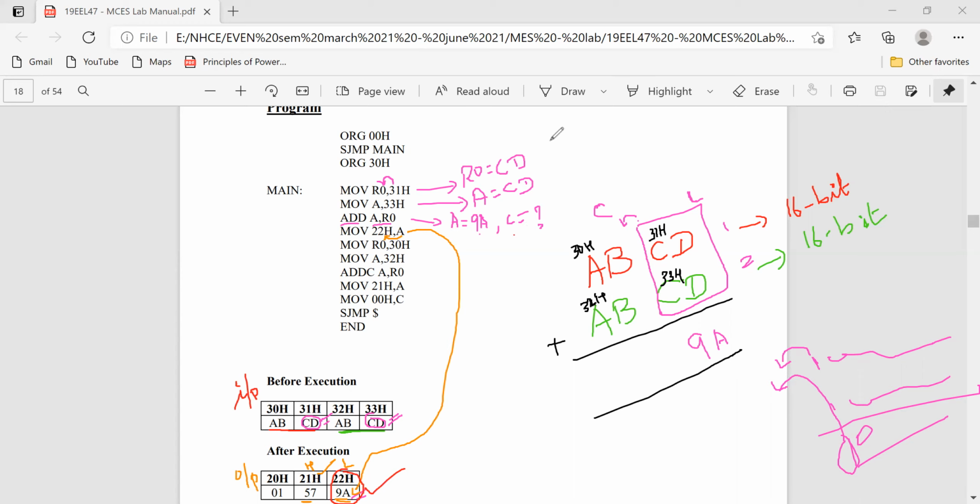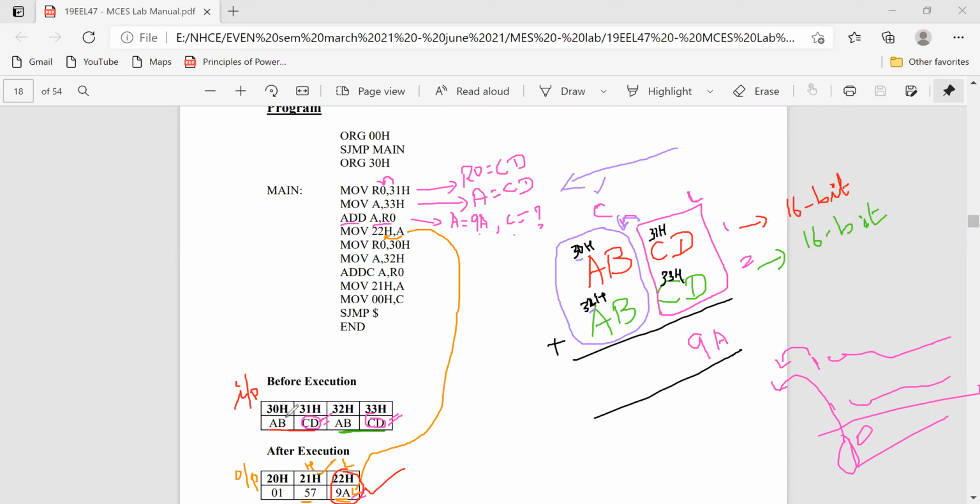Now the next step, I'm going to add these two values in the locations 30 and 32H. With carry I should do, because if there is a possibility of carry, I want to do it with carry. Okay, so it is continuation addition. The addition process is continuation from left side to right side. So like this you can do even 32-bit addition also. Now what I want to do is, from the locations 30H and 32H, I want to take my data.